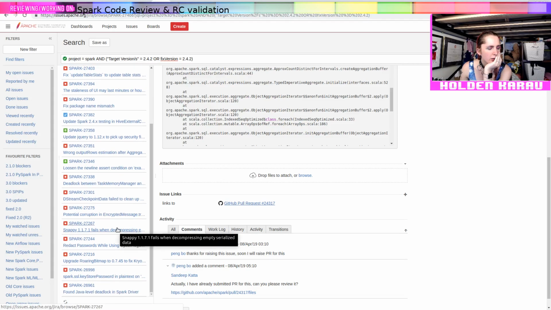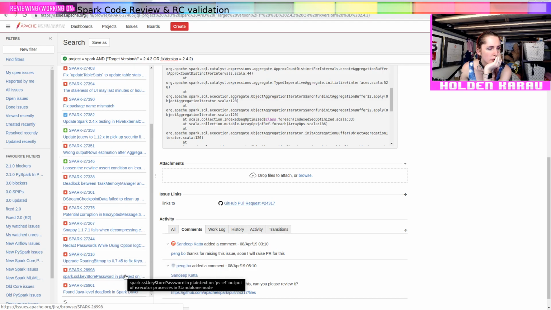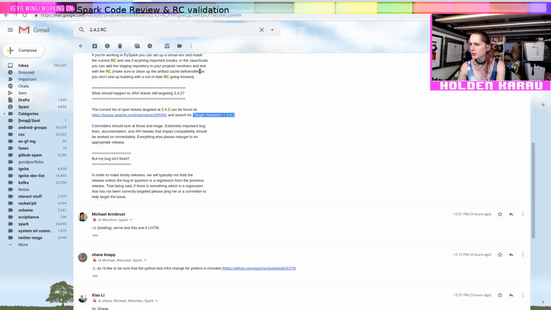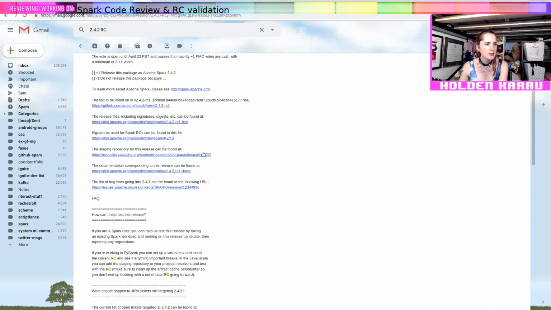Redacting password sounds good. Oh, Java deadlock. That's a good thing to fix. Okay, I'm interested though because I remember there being discussions on the mailing lists that sounded like there was more happening. So I want to go